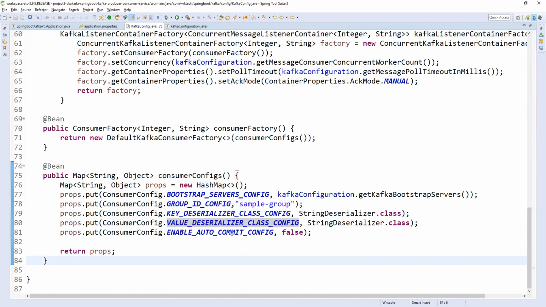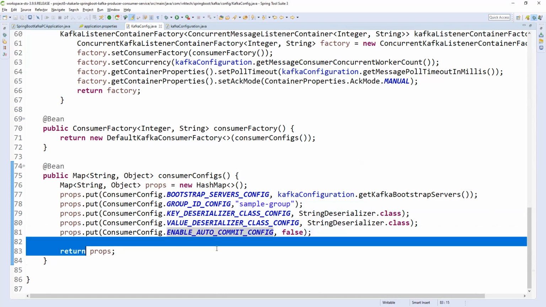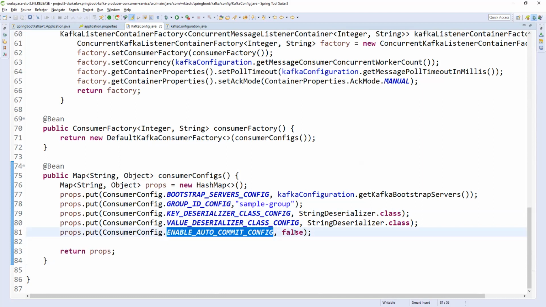And enable auto commit is false. Otherwise, once you read the message from your topic, it is automatically deleted. The default nature of a consumer is that once it reads the message, it will delete it, because it has processed it and there is no need to take the same message again. To stop such a delete operation, I set enable auto commit to false here.